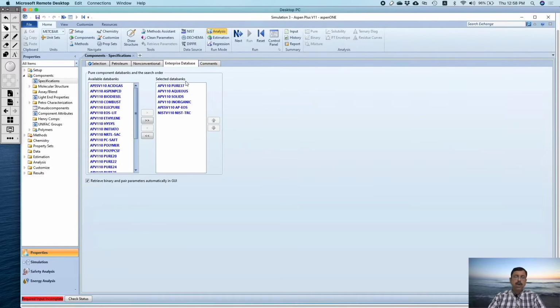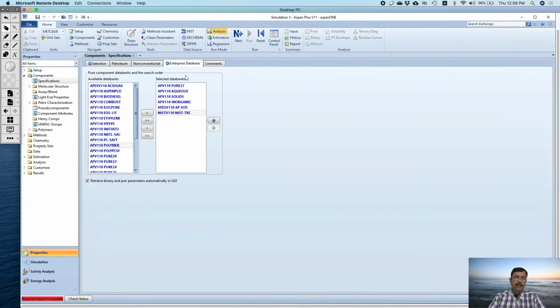These are the most common data banks, and for all practical purposes, mostly you will get your desired component from them. But in case this is not sufficient, you may look for your desired component from here. For instance, if you want to search your component from polymer, then you just choose polymer and then use this particular button. Polymer will come from here to here. That means this database also is being included within your search criteria.